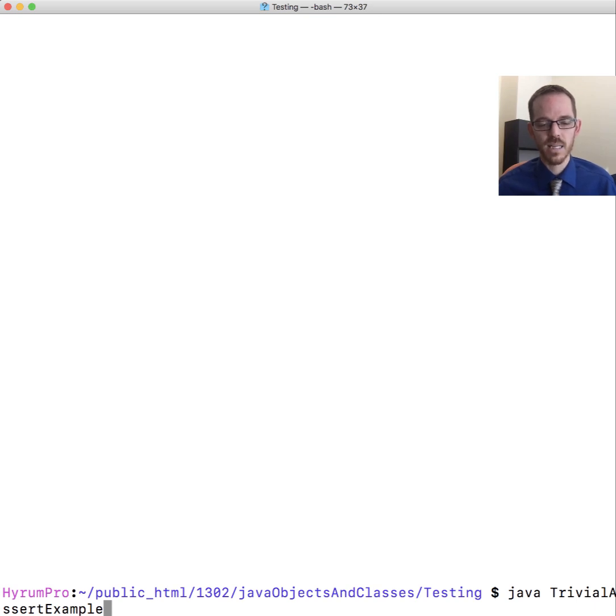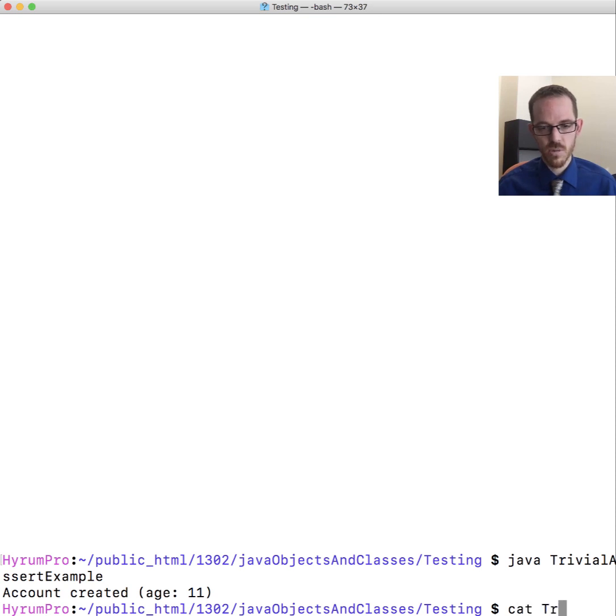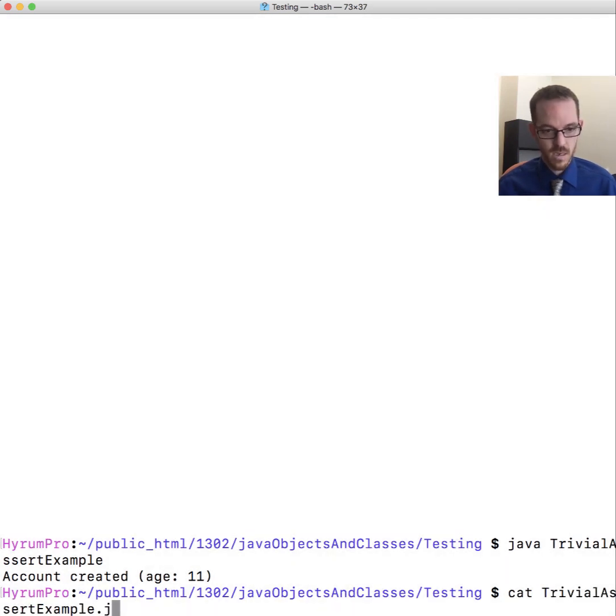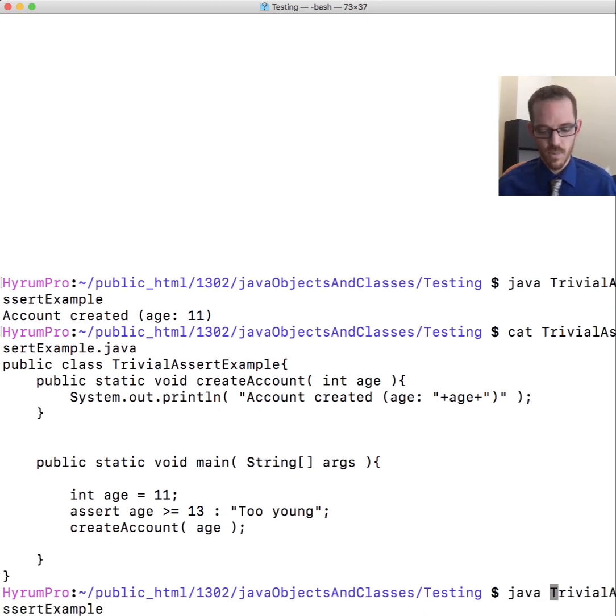So I've already compiled this, and so let's run it. Oh, let me show you what we're running here. It's the super simple example I showed before, just super simple so that we can focus on what's going on. So age is 11, and then we're asserting that age is greater than 13, and this is to throw a certain exception. But when we run it, it says account created and age is 11. What's going on here? Well, we did not enable